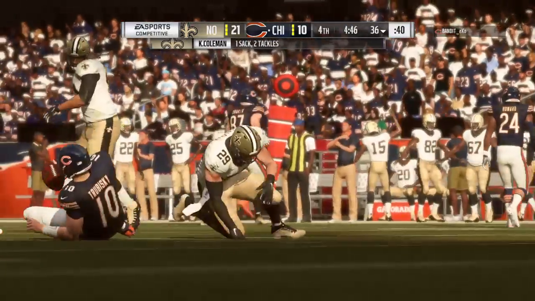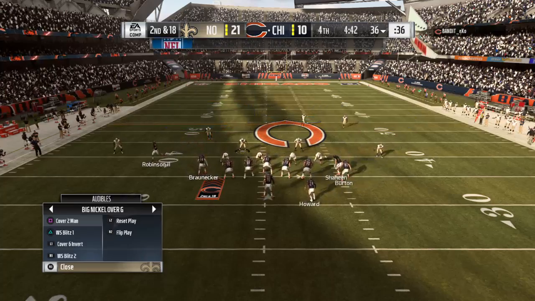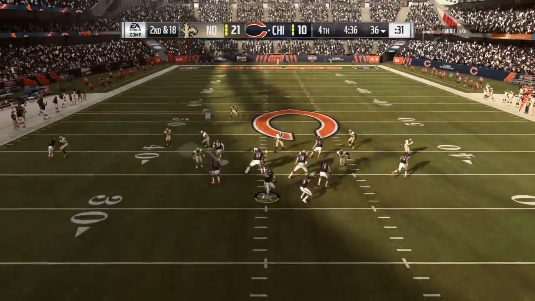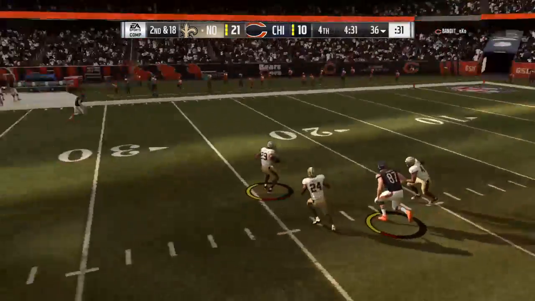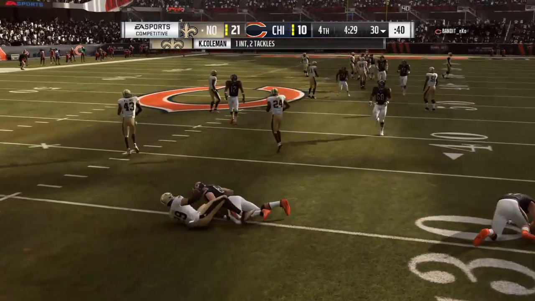Pressure comes, and Trubisky goes down. These strong safeties, some people may not realize it. It's really like an extra linebacker, right? It really is, because they're hybrids. Half linebacker, half defensive back. The linebacker in him on that play emerged. He's going to let this one go into double coverage, and it's intercepted. It's the safety, Kirk Coleman, and he will